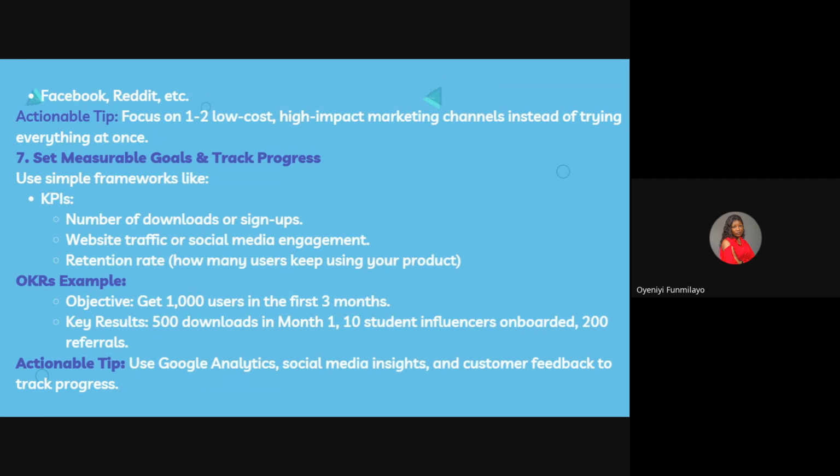So if you want to be able to measure your goals and track your progress, some of the things you have to do is to make sure that your website or your app is linked to Google Analytics, right? So that you can properly look into all of these KPIs. And then you are also looking into your social media insights. How are people interacting with your product? What is the engagement like? And then customer feedback. Of course, whatever feedback your customer gives to you, you want to track it to be sure that you are fixing the problems that this customer spoke about, right? Or probably iterating.